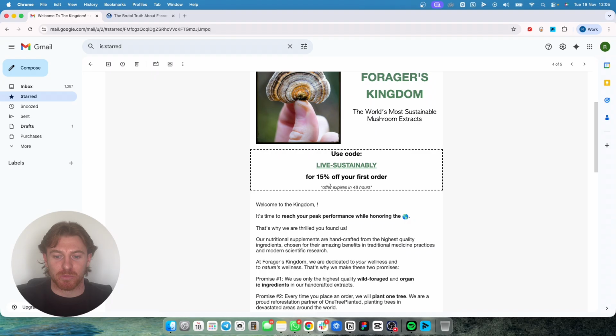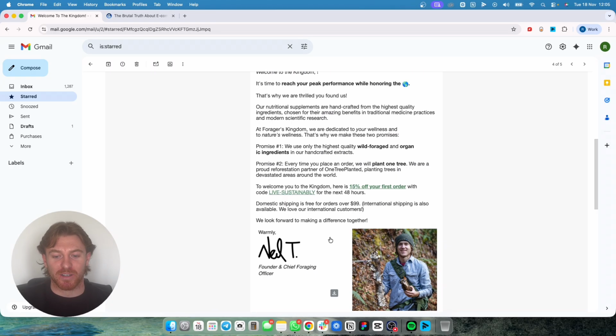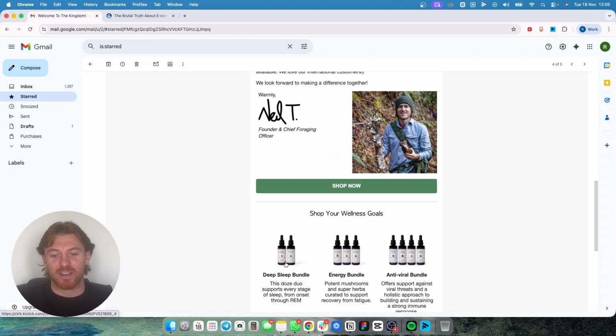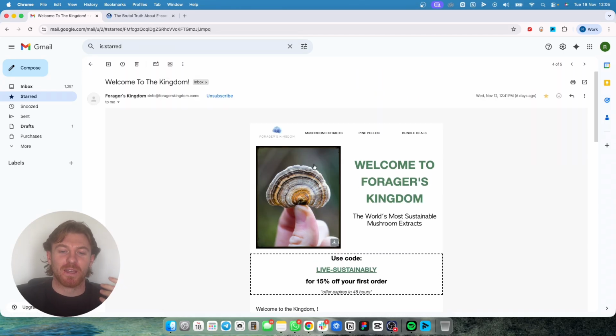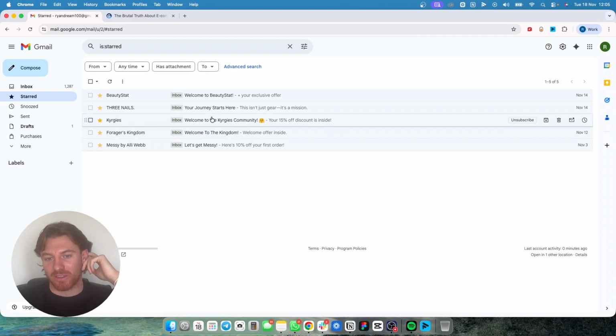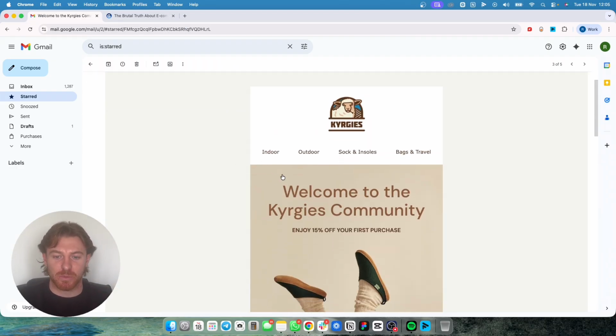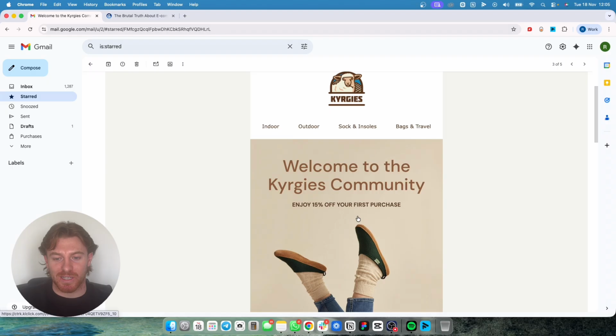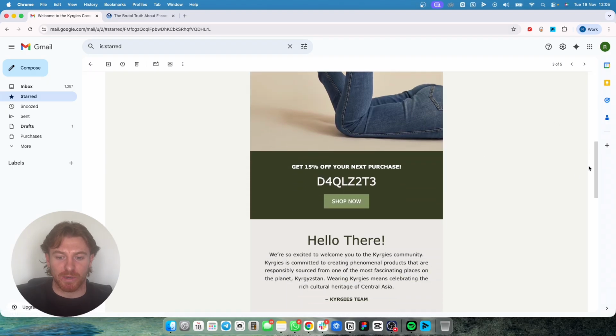There's no call to action buttons here. So we can see they're giving away 15% off, but there's no call to action button. It's all the way down at the bottom here, along with all the products as well. So with emails like this, the functionality is not really there, and people are going to struggle clicking through. Similar thing to this one as well. So we have 15% advertised here, and we've got to scroll all the way down to get the shop now